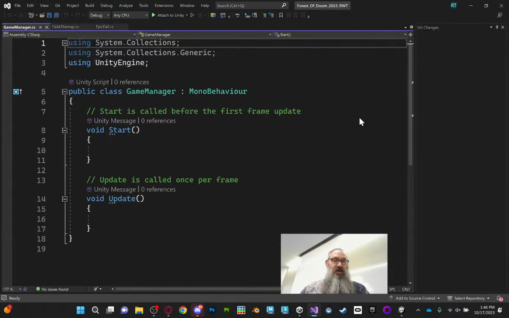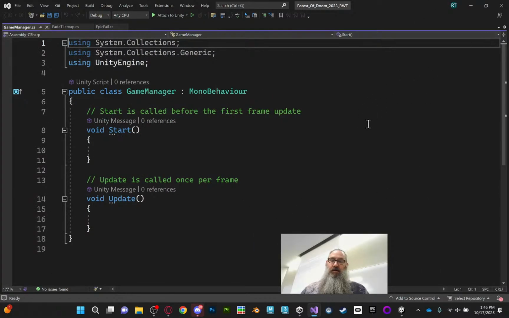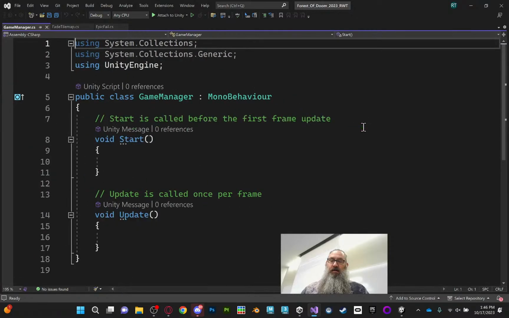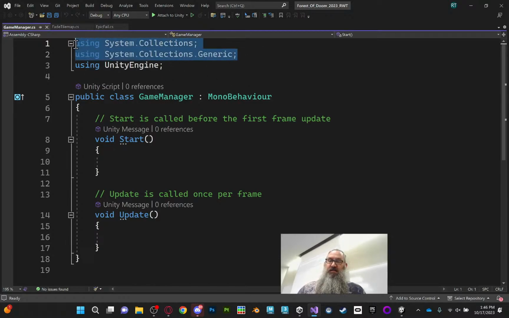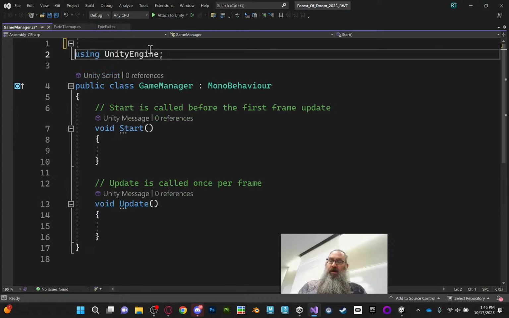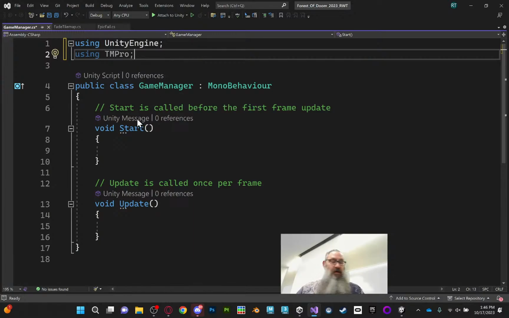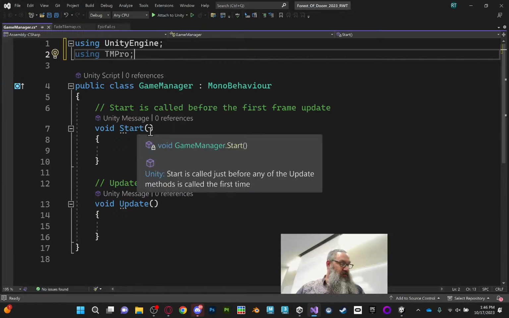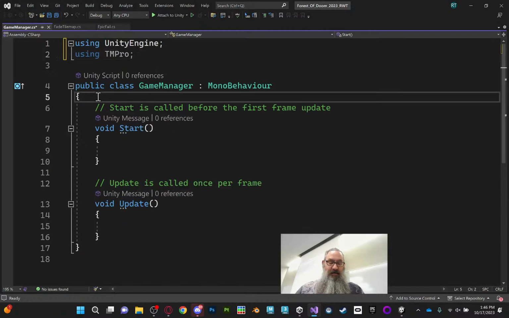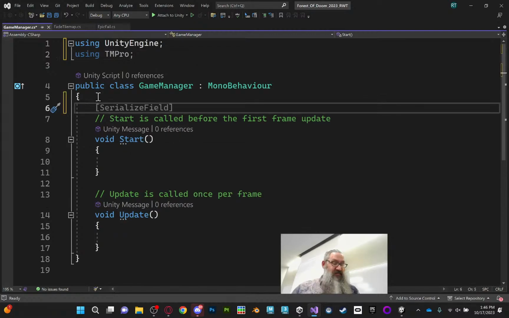Way to show everything here. Probably good enough. All right, we're going to use Unity Engine. I don't need these things. I need to import something so we can talk to my Text Mesh Pro stuff. So TMP, TM Pro. That's our special text objects. And then I've got a cheat sheet over here if you see me looking. And I'm going to just set up stuff. So first thing I need is